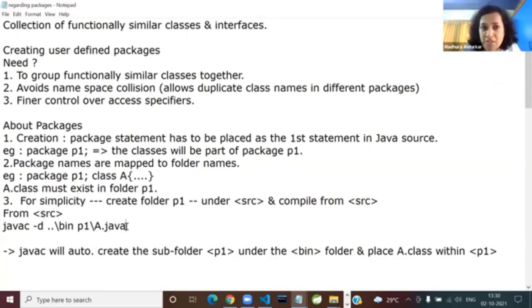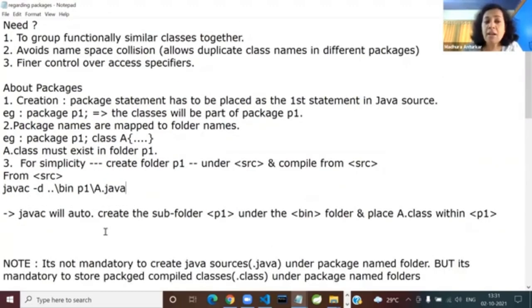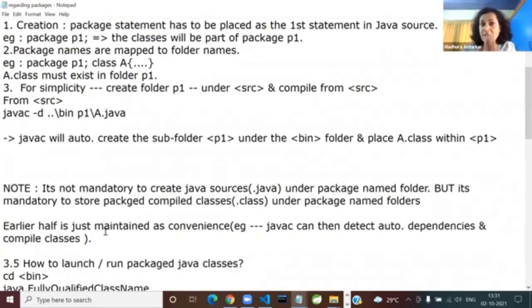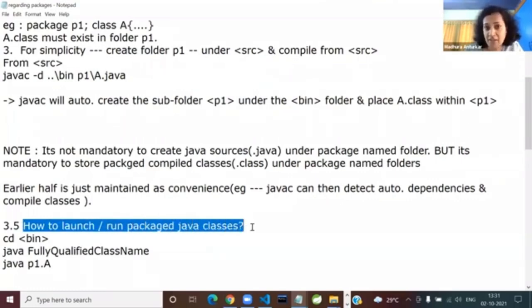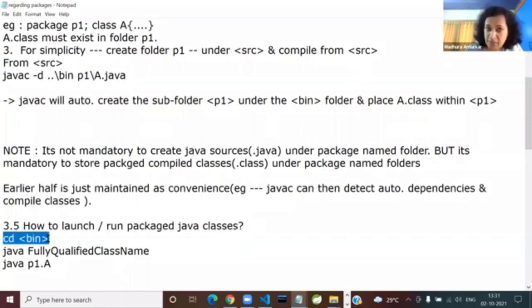Once the compilation is done, the second step is to run the package class. Today, looking at time, I'll not explain classpath. I'll explain classpath on Monday. So the question and the answer: how to launch, as in run, package Java classes? You just have to change the directory to bin, and after java,